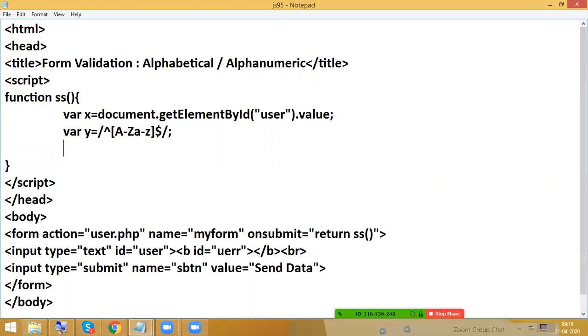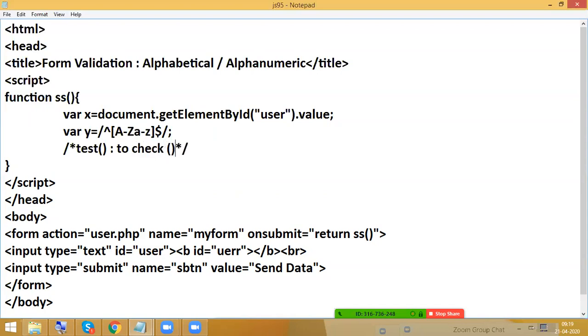So now here we have one built-in function or method. What is that? test, predefined. Like parseInt, parseFloat, start, stop, same like that. test also is predefined. What will test do here? Even in jQuery, the same test only we are going to use. So to check, nothing but to validate. Checking is nothing but validate.